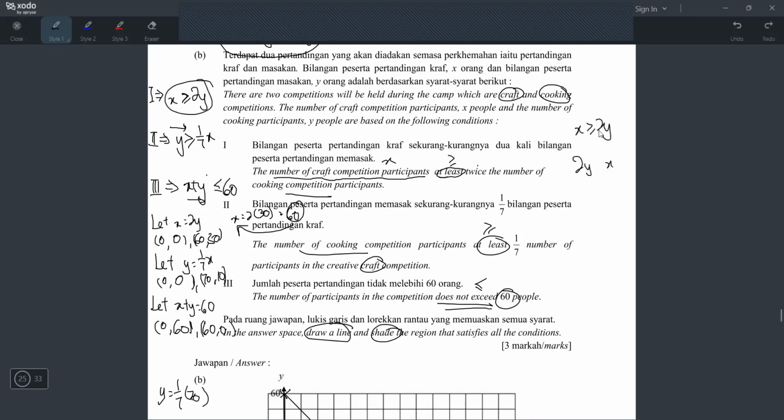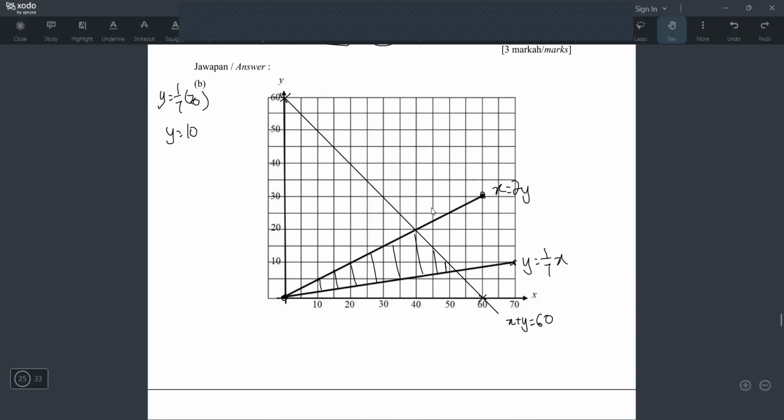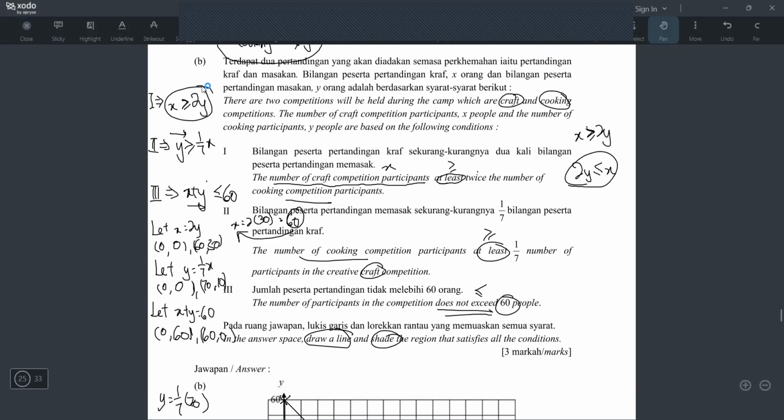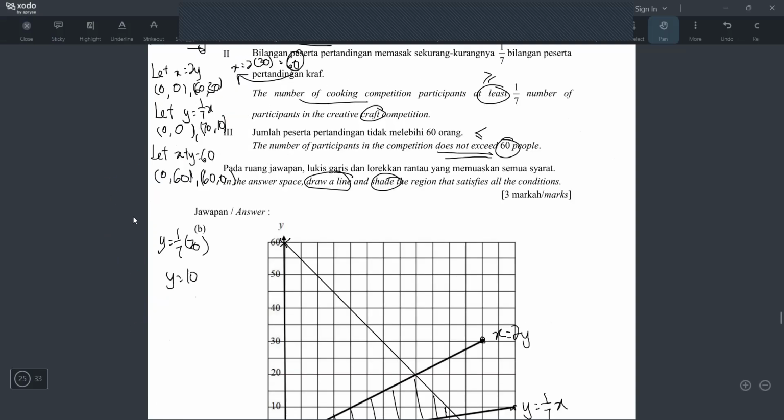But I already mentioned, if you flip it, you have to be careful because of the symbol, what you have to write? Okay, look at the arrow. It's pointing to the 2y, right? So when you flip it, it's also pointing to y. That's why it's smaller. That's why when I load the 2y x, I take below the line. Okay, like that. So you have to know that. It means you have to look from y and then the y has to be positive. Okay, so this is how you do it.